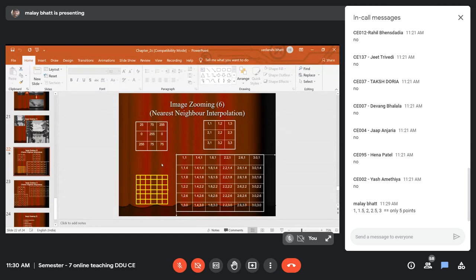So here you can see that I have plotted this grid in the form of your x and y coordinate. So you can see that x-axis is given and y-axis is given. So it is from 1 to 3. So it is in the 4th quadrant, you can see. So don't confuse. It is in the 4th quadrant of the plane, right? That's why it is like this. So when we have these 6 points, we have just done a linear spacing between these points to get the 6 points.